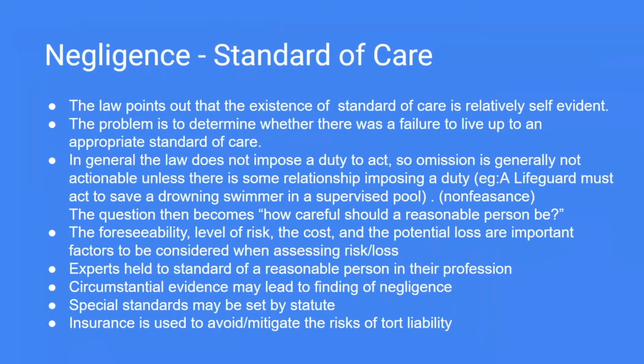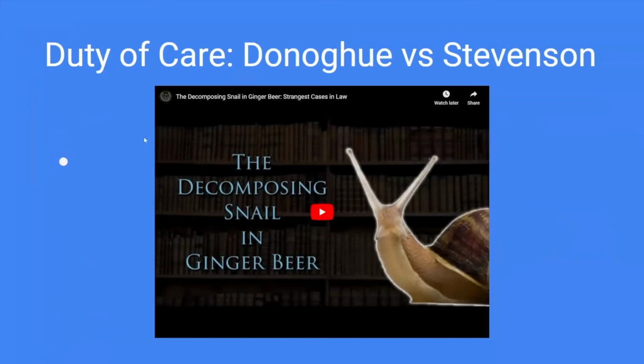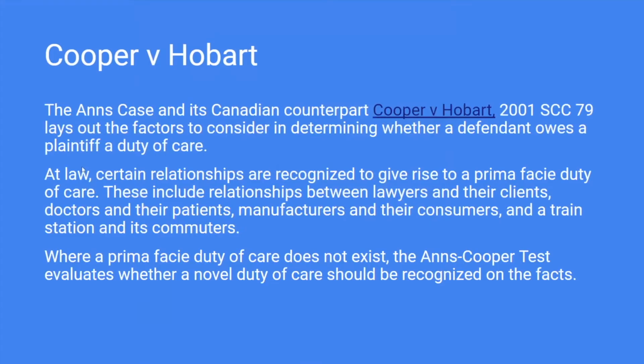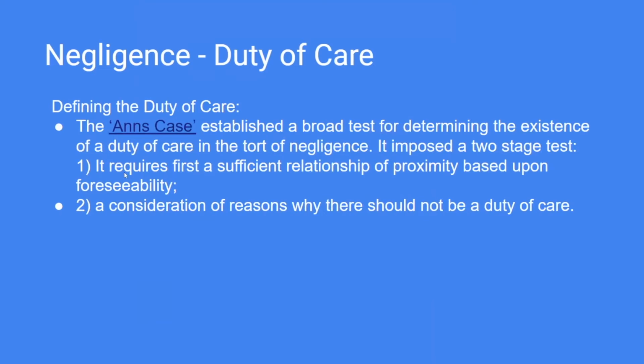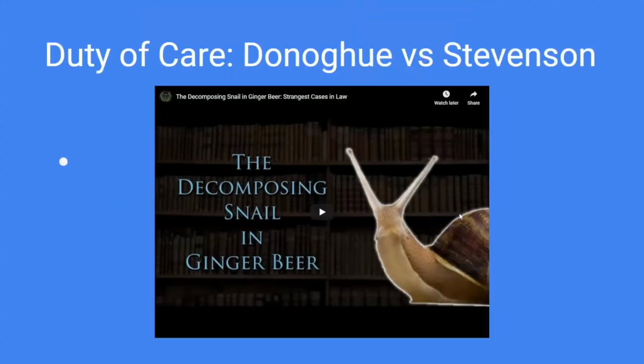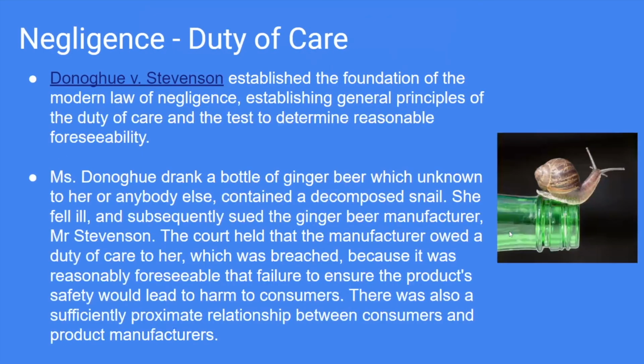We've talked about the duty of care. So you, as an individual going down the street, have a duty of care. That's the first part of the Anns case, the first of the two Anns. When we look back at Anns, there was a requirement for sufficient relationship proximity. Okay, so I just happened to be close to you and I bumped you. Considerations for reasons why there should be a duty of care, and the reasons of why there should be a duty of care